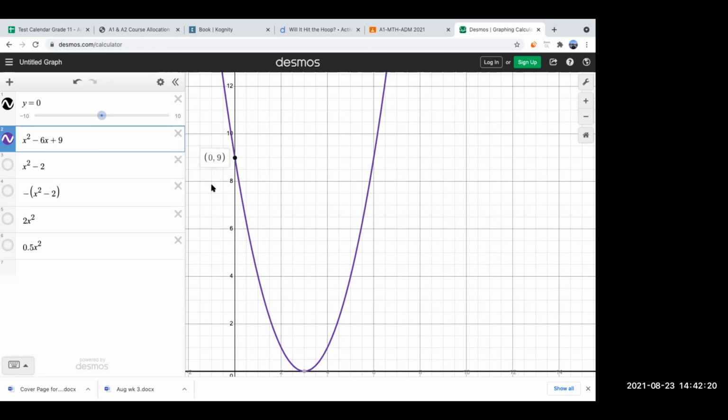But could I directly tell without having the graph? Can I tell what the y-intercept is going to be? If you want to tell that, you look at this equation: x square minus 6x plus 9. The last constant value is basically the y-intercept, because यहाँ पे जब y-intercept के लिए in the equation you plug in 0, x is 0, so this is going to be 0, this is going to be 0, and you are going to get 9. Okay,